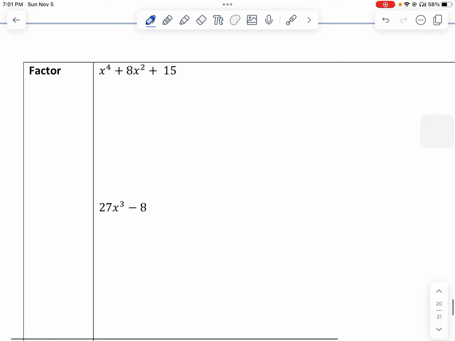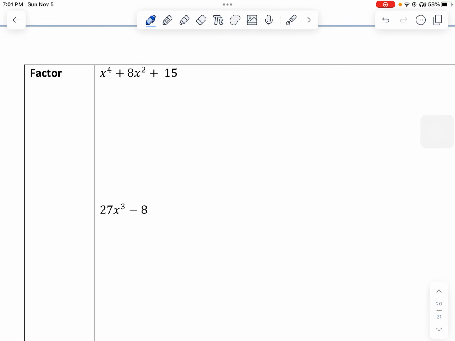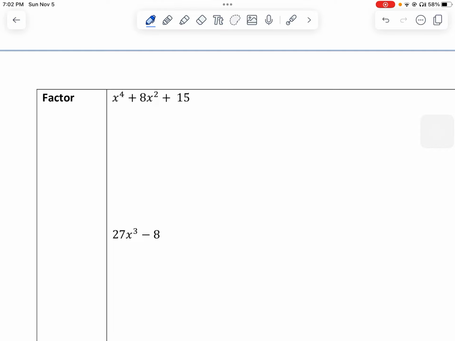After we did polynomial operations, we expanded our factoring techniques. And so the first one was similar to how we factored with quadratics back in Unit 3. So we have a quartic polynomial this time, a quartic trinomial. Our a value is equal to 1. So that means you don't need the box to factor this, but you could use it if you'd like to